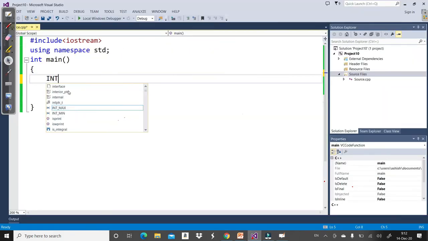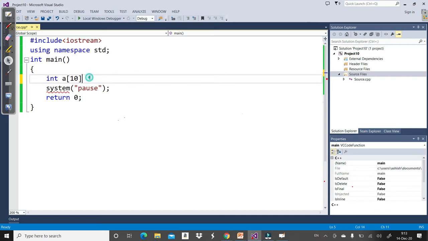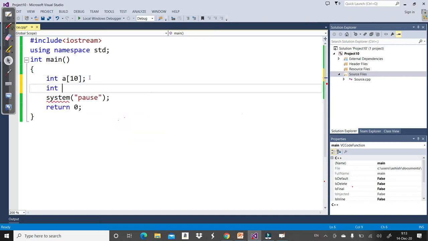So let's say I declare an array A of size 10 here, with variables for the number of elements and the position.